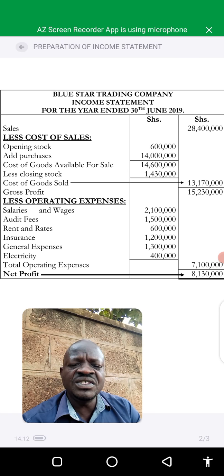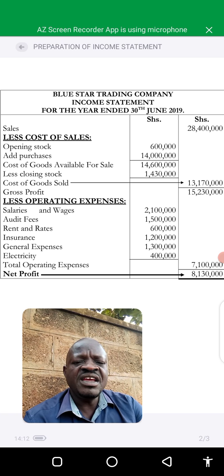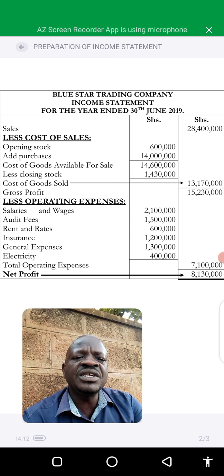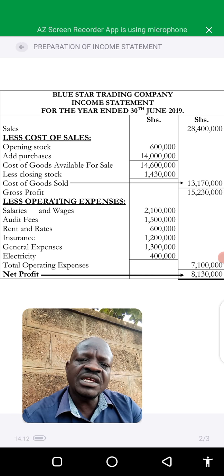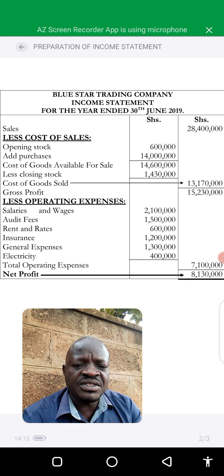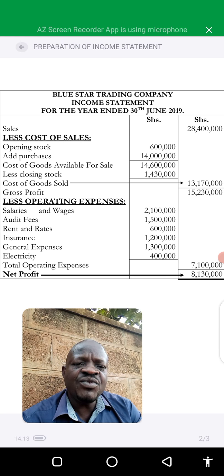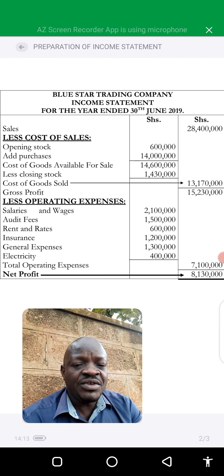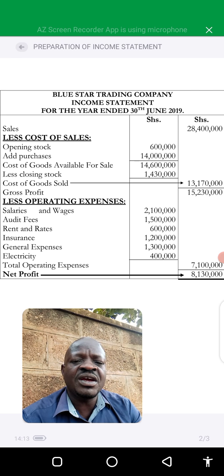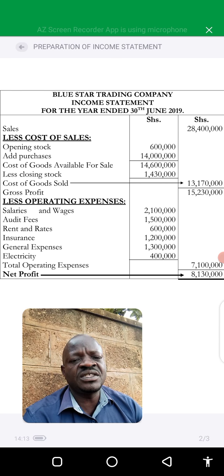Those are goods that have been returned to the business by our customers, and therefore they reduce the amount of sales. But in this case, they are not there. So it means in the whole question we don't have any adjustments. That's why we are not having a third column. If we have adjustments, we shall have either 2 columns or 3 columns to see how we calculate them. Therefore here we have sales, and sales will be put on the correct side,